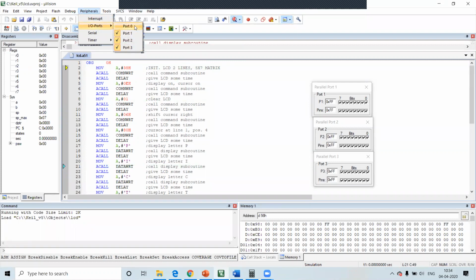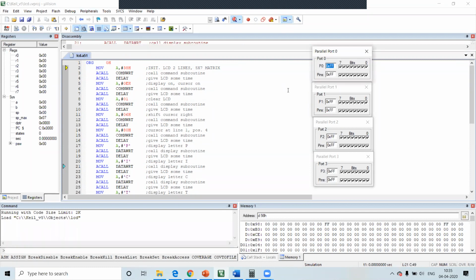You can just see to it. So when I click on this, port 0 is displayed. So now at present, what you can do is execute the program, observe the data at the parallel port number 1. So this will be connected to the display.